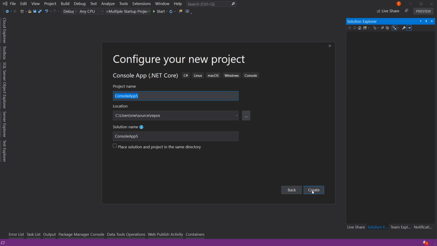Now there is a tool called LINQ to SQL that was folded into Entity Framework. We're going to cover Entity Framework in the next video. So this is not connecting to a database. This is just LINQ itself. So let's call this the